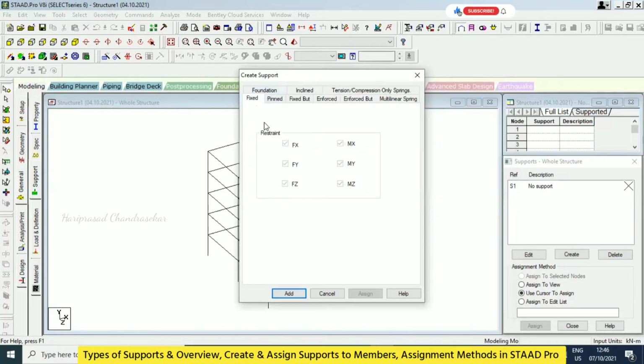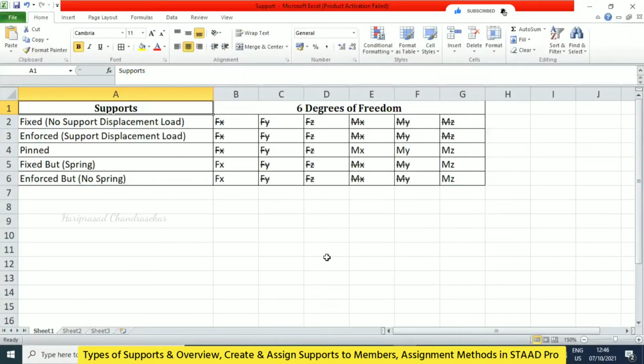Support, in the sense, is a kind of restraint. So I will explain in the Excel sheet. Here we have some supports. Fixed means it can't support displacement load, and we have 6 degrees of freedom. 6 degrees of freedom in the sense,